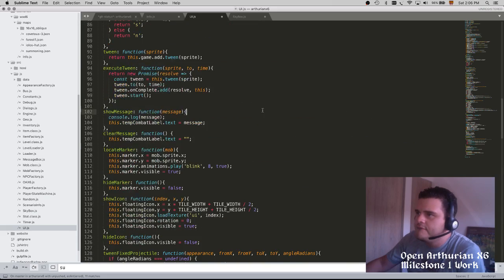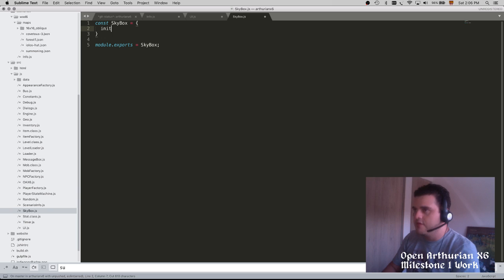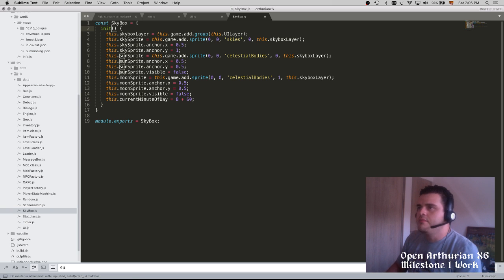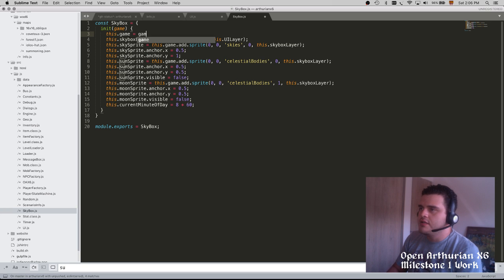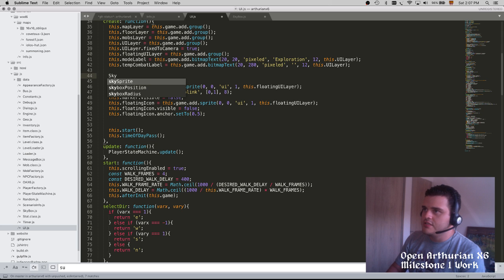So let's move stuff from here. Skybox, all this, it's going to be added to an init function. It's going to need the game, and it's going to need the UI layer that it is going to be added on. What else does it need? Doesn't look like it needs anything else. Okay, and then here in the UI we are just going to create the Skybox. No, actually it doesn't have to be created because it's a single object. So we are just going to initialize it with the game and the UI layer